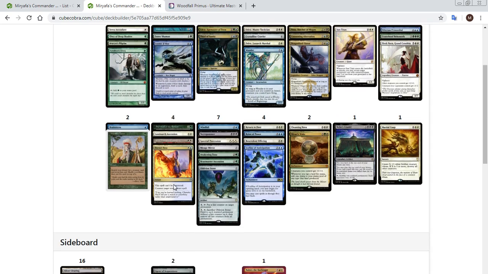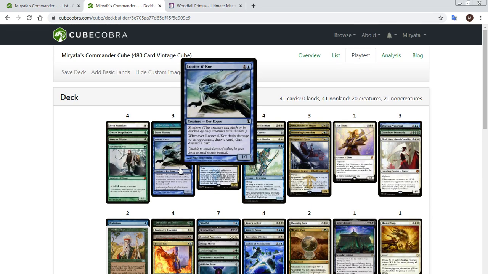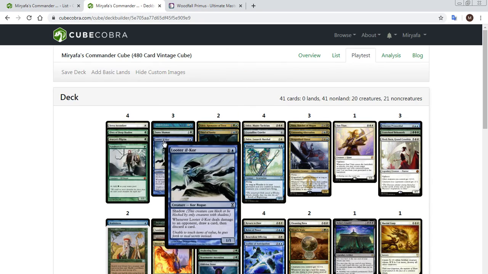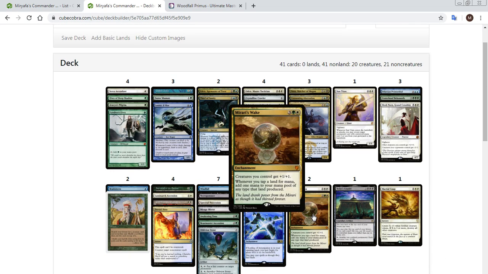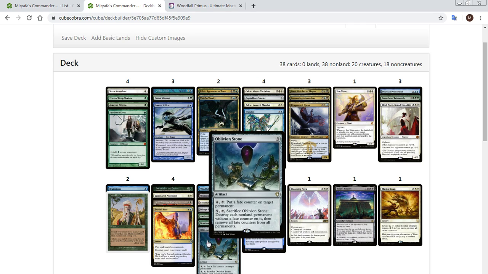Agent of Acquisitions. I probably should have used that agent at some point. I didn't even think about it. But that's fine. Let's see here. Do I like all these creatures? How many cards do we have here? 41 cards? Okay, so we need to cut 11. And I will happily cut Mary's Wake, Return to Dust, Benevolent Offering,